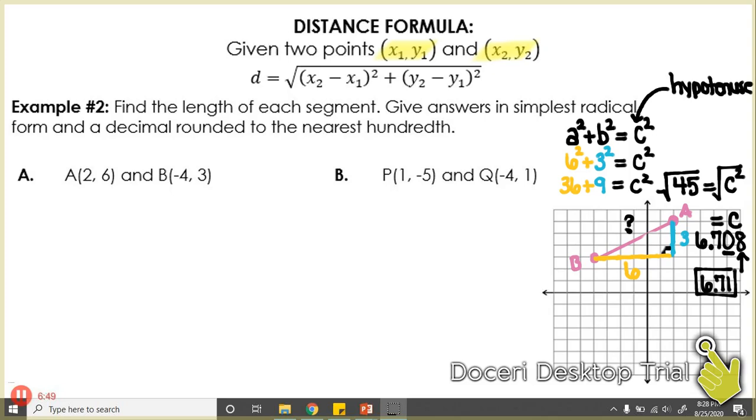So if I label A with x1, y1, and then I label B with x2, y2,